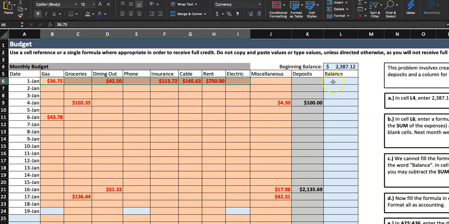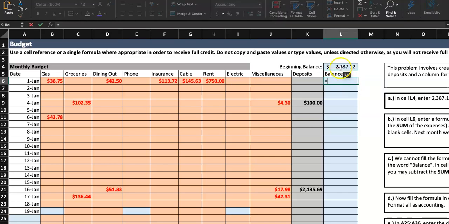So what we're going to do is this. See if this makes sense, okay? I'm going to start from the beginning balance, but I will subtract all these orange cells because that's the spending. But I will add the deposit. As you can see, some of these are blank, but I'm just going to use the cells because maybe in the next month, like in February, this person decides to pay the phone bill or go grocery shopping on the 1st of February. So take a look. This is what I'm typing. Start by typing the equal sign,